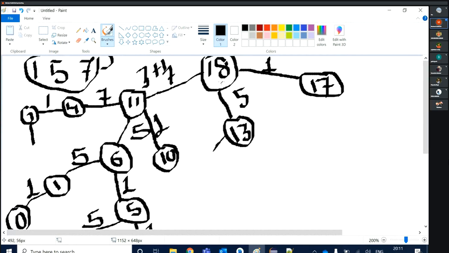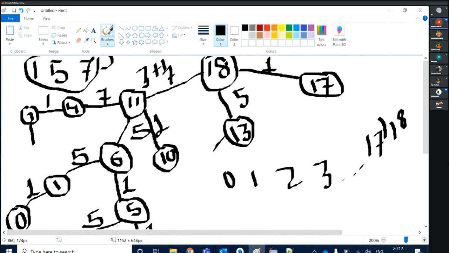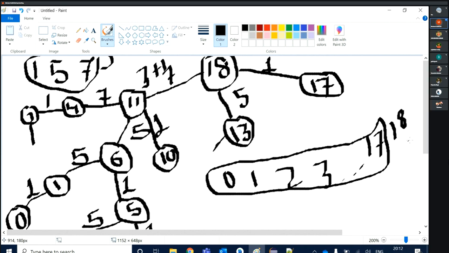What we are actually doing here: for the amount 18, I'm calculating for the amount 0, 1, 2, 3, up to 17, 18. All these subproblems we are calculating to get the solution for 18. So whenever I'm calculating for all of these amounts, I just need to calculate only 17 times.